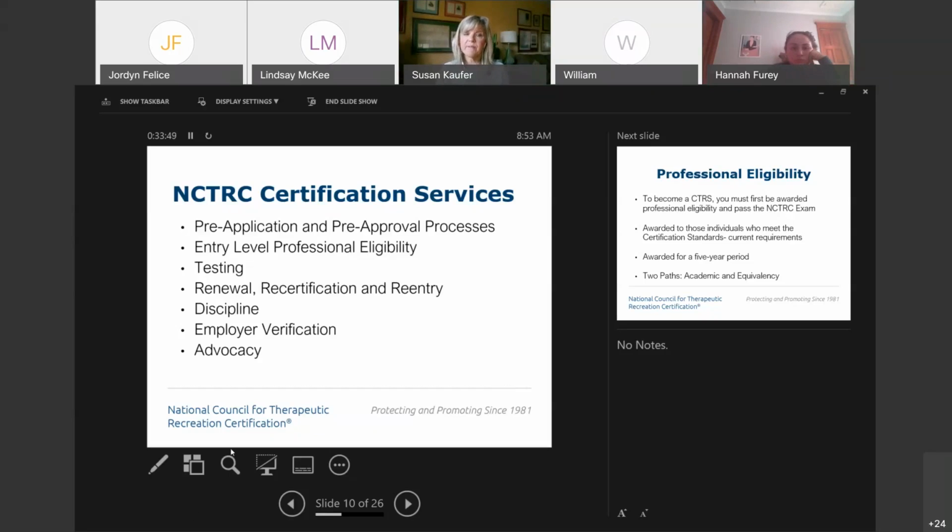And again, advocacy. We want to assist you with advocating for the CTRS, and we have marketing materials on the NCTRC website. I attended a terrific session yesterday on advocacy. Some of you may have been there as well. It is really important to be able to articulate, have your own elevator speech, of course, but NCTRC is behind you with those advocacy intentions.